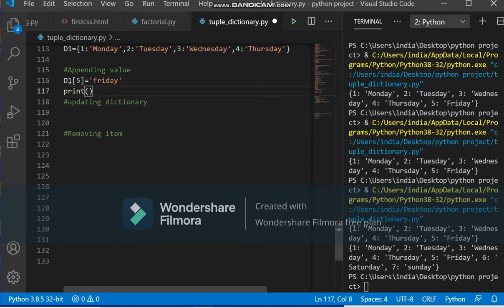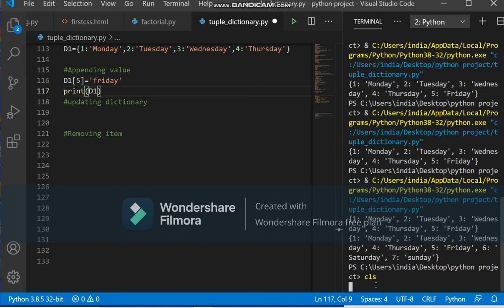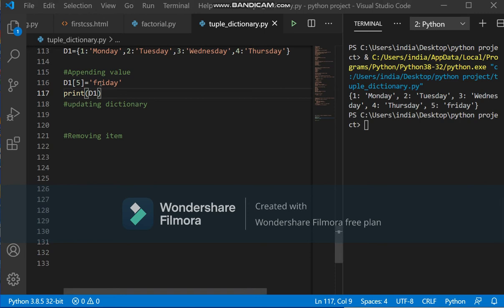This way very easily you can add anytime, because a dictionary is a mutable data structure. Print and you will see all the changes here. Instead of 4 you will have 5 key-value pairs. Let's execute. See here.